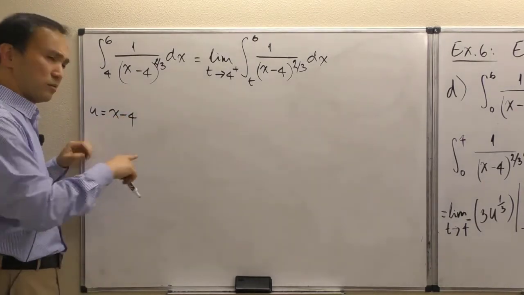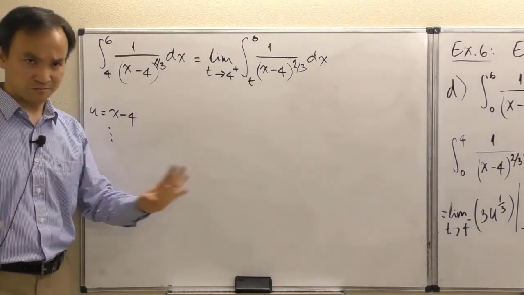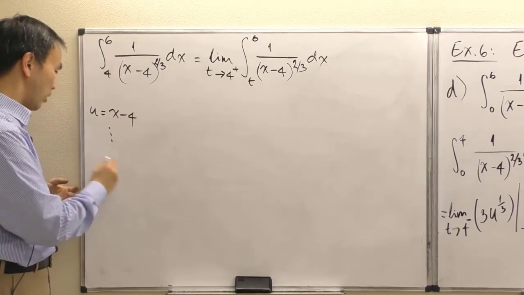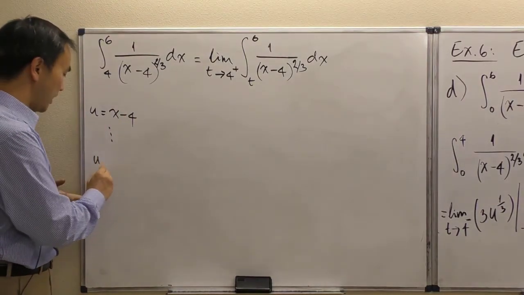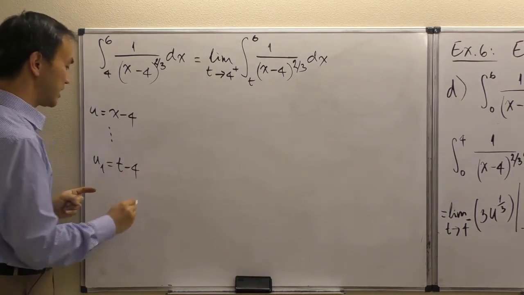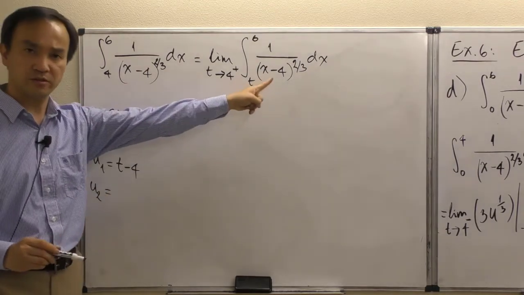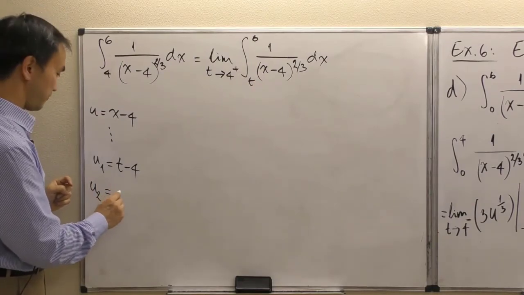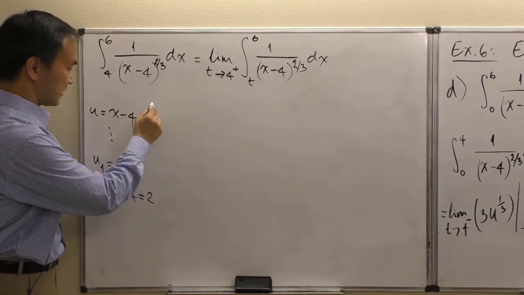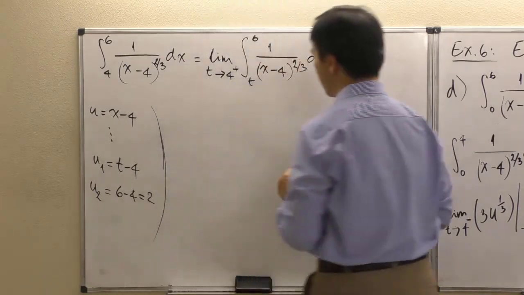So all that work I've seen earlier from the other half of the work was still there. Not to get too far back into the details, but the only difference here is that the u1 value will be t minus 4 because we're substituting t into our expression. And u2, the upper limit here, after we change the variable to u, will become 6 minus 4, which is 2. I'm going to keep this aside for now. That means in the next step, our integral becomes,